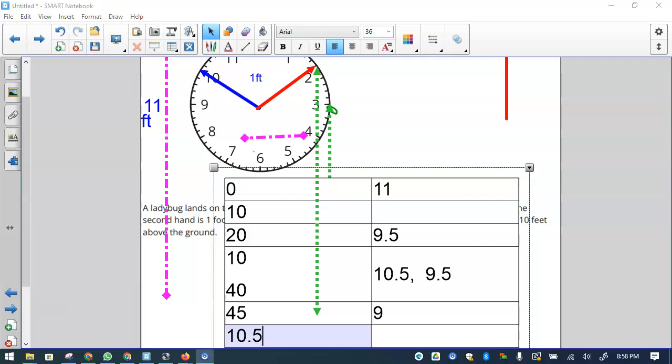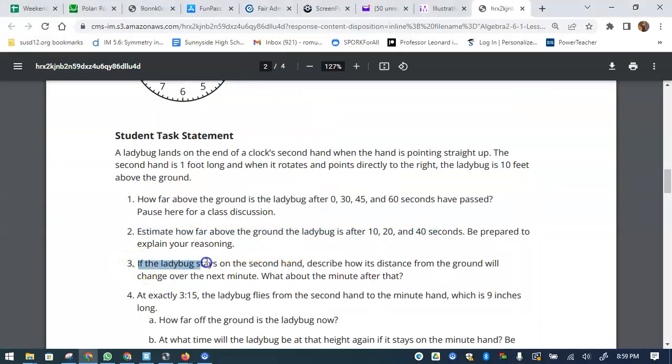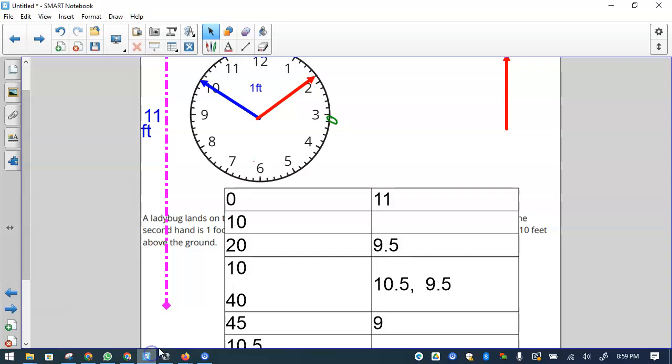So hope that helps. Okay, then the third question: if the ladybug stays on the second hand, describe how its distance from the ground will change over time every minute. Now this is every minute. What about a minute after that? So if you see this problem, let me take one of them off, and so this is